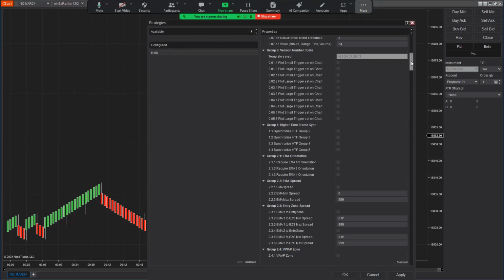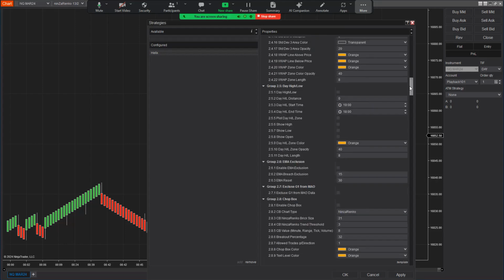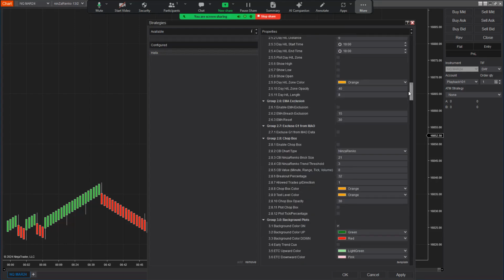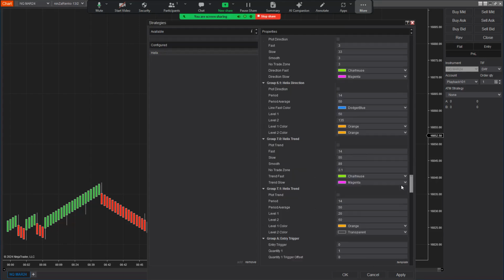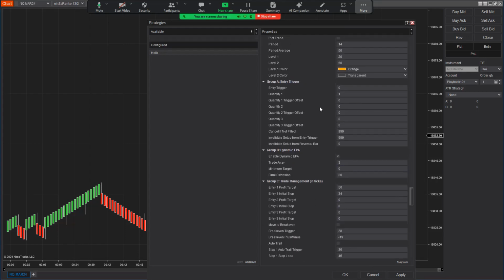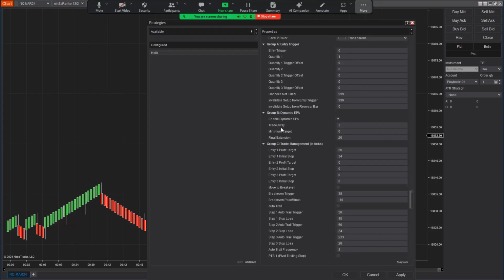So I've been working on this and testing for some time. Yeah, I think it's fixed now. So let me show you basically what's the difference I'm using in terms of settings. For this test, I will use 4 and minimum target 0, just so that I can see all the plots. So trade error number 4,